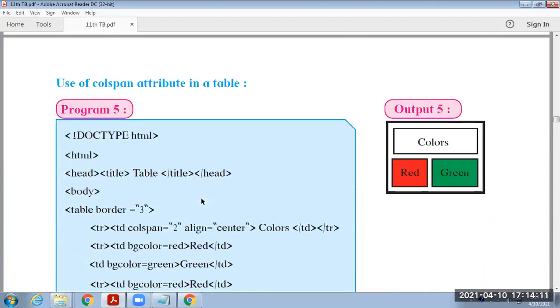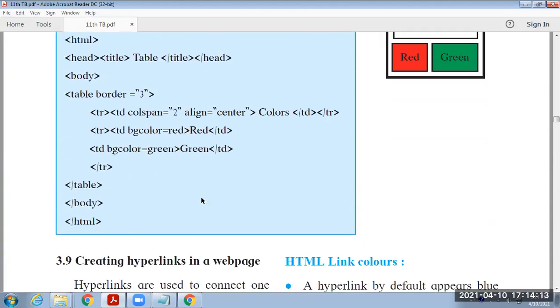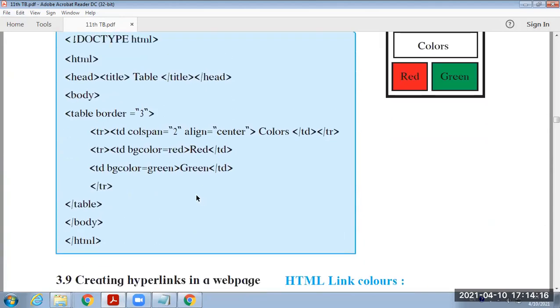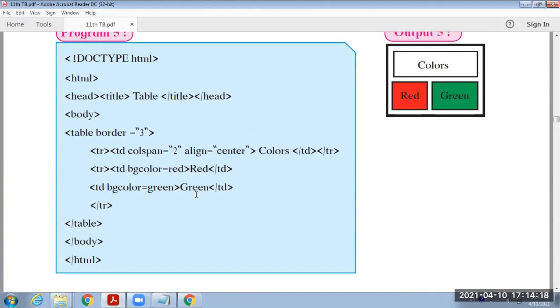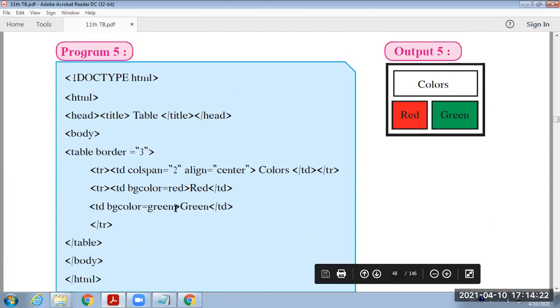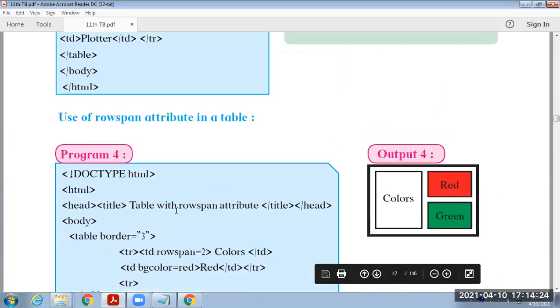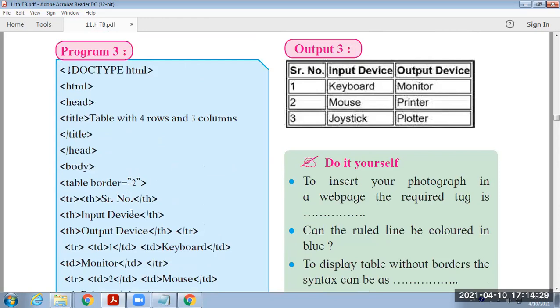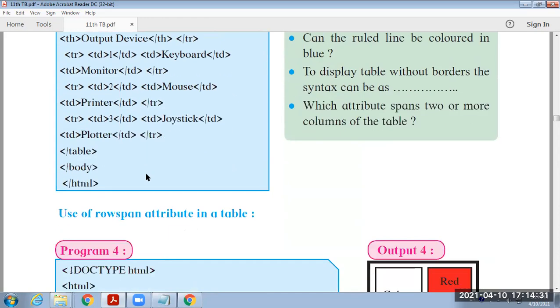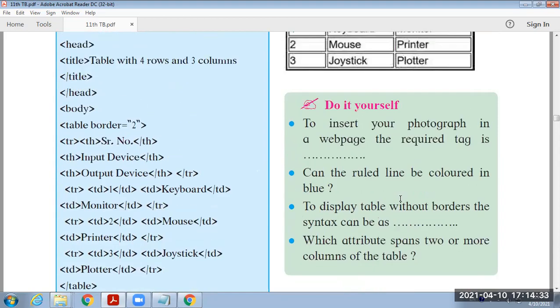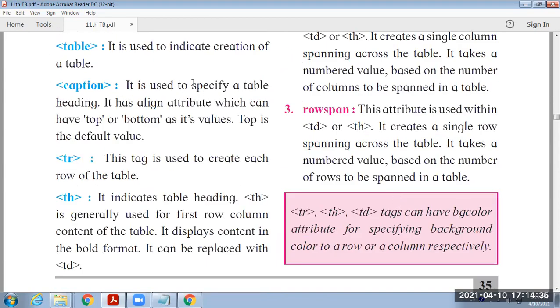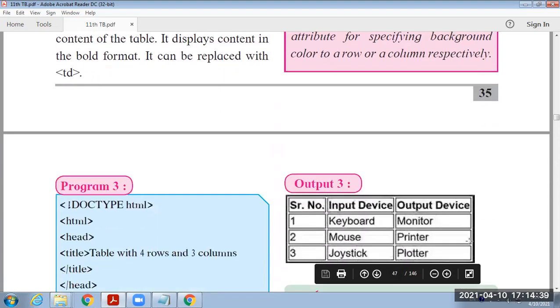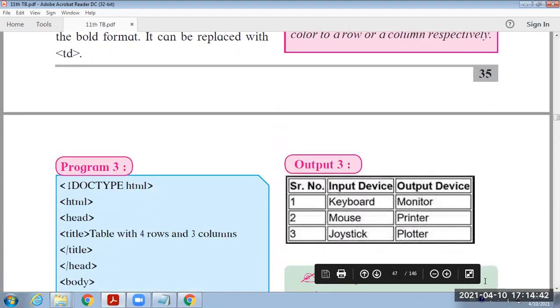To run these programs on your mobile, you can use the Notepad app, and by using that Notepad app, you can run all these programs on mobile also. If you have a laptop or PC, then no problem at all. You can perform all these practicals easily. Okay, all these things are about the table. If you have any doubt, ask me. We will stop here.